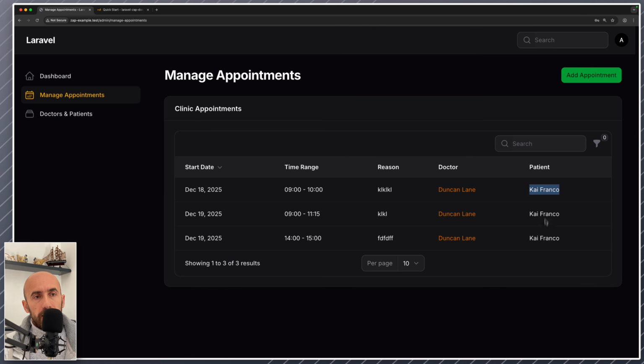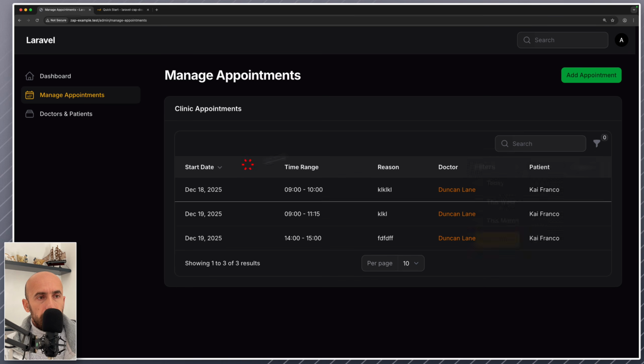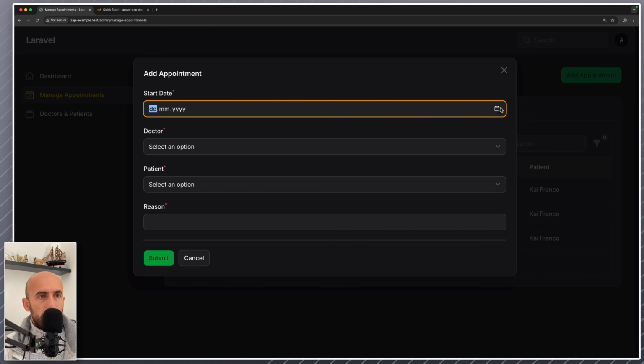Now you can also add a link to the patient and manage the patient appointments, but if you want, we can filter also here for only today, because as you can see we have dates 18, 19. If I apply the filter for only the day, we have only today's date. Okay, we can create appointments here for today, for example,